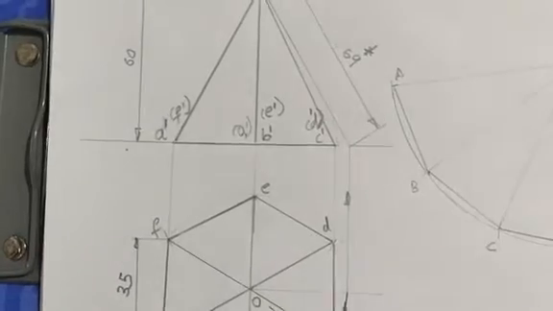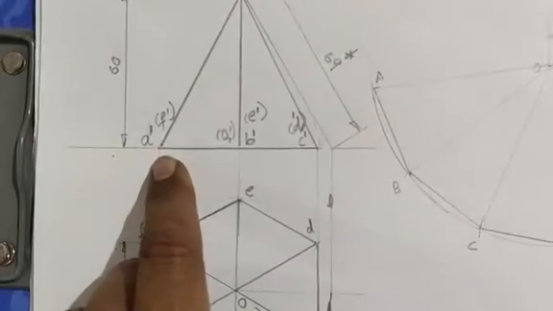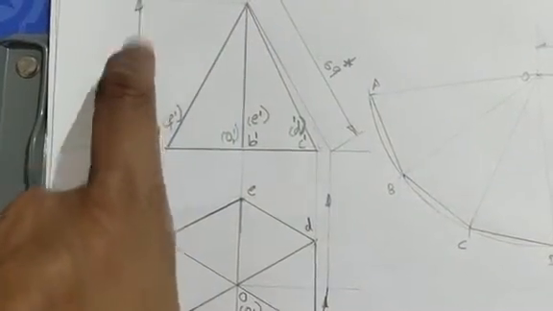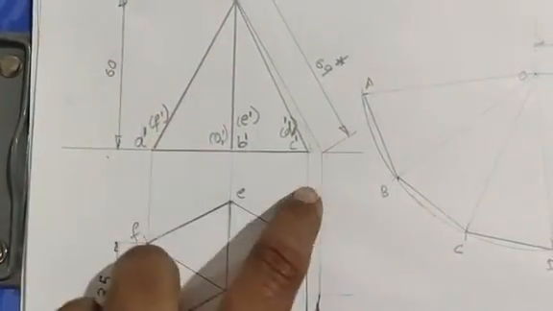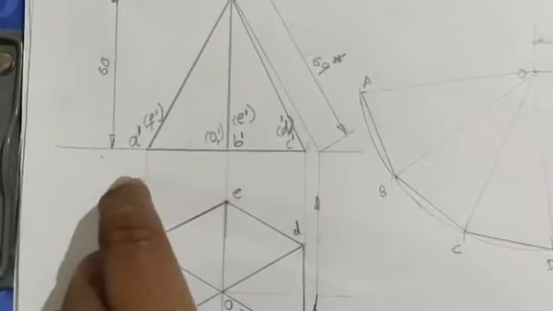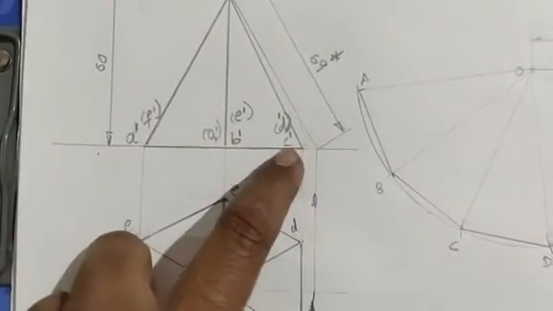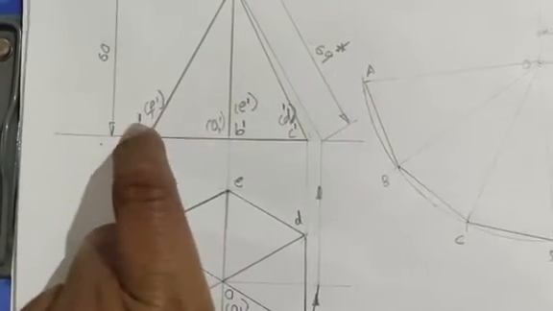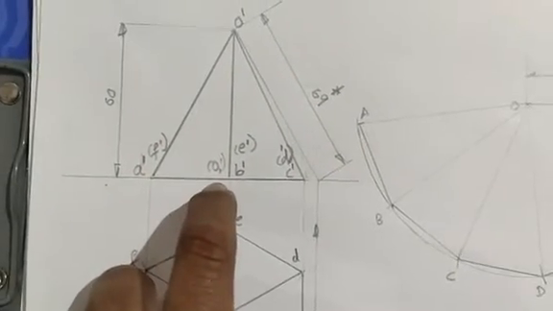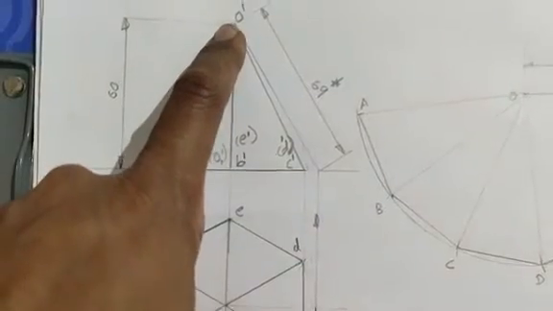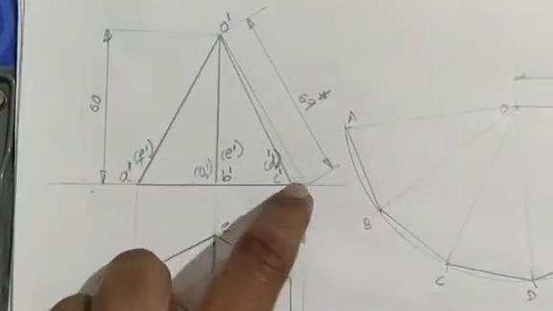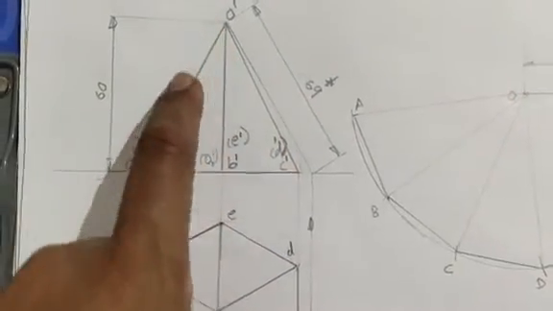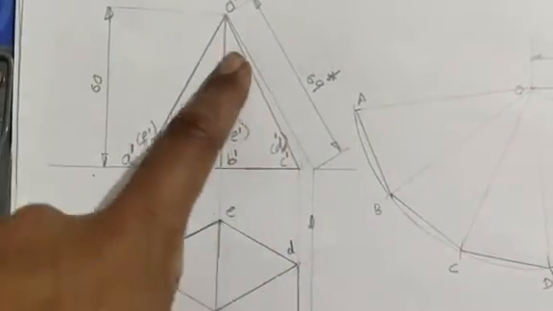So you name them A. You draw an axis length of 60 mm here. You project these points A, B, C. Behind C I have got D, behind B I have got E, behind A I have got F. Lower axis point O1 dash, upper axis point O dash. You draw this hexagon here. You draw the pyramid here, the hexagonal pyramid.